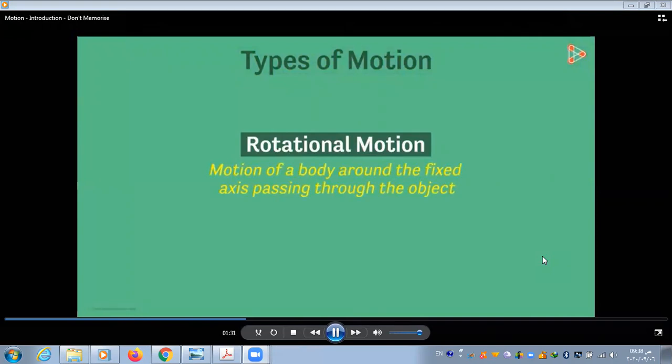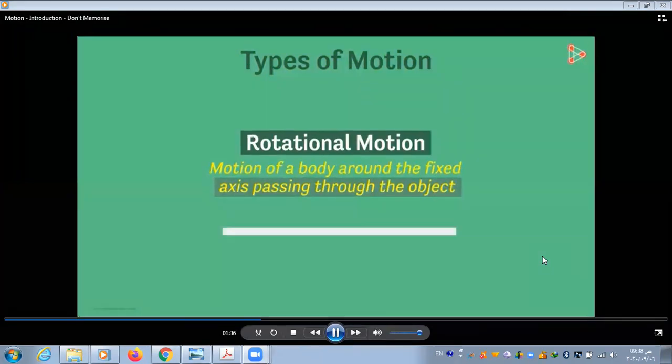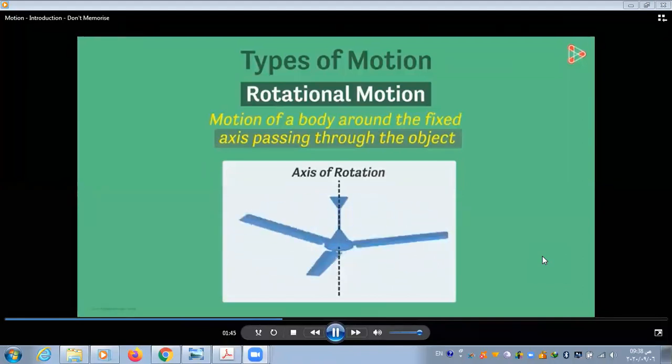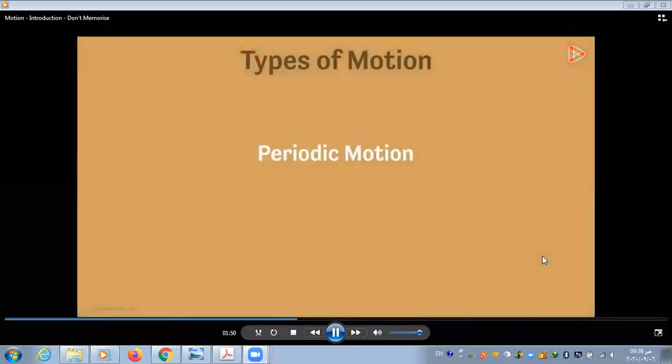This is important. The axis has to pass through the object. An example of rotational motion is a ceiling fan rotating along its axle. So you see that if I draw a hypothetical line called the axis of rotation, then it's passing through the fan. And the final type of motion is periodic motion, which is the motion that repeats itself in equal